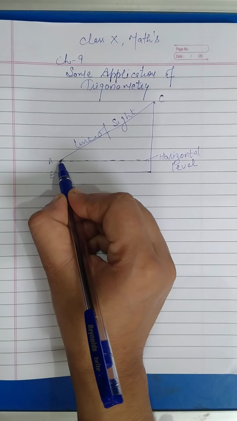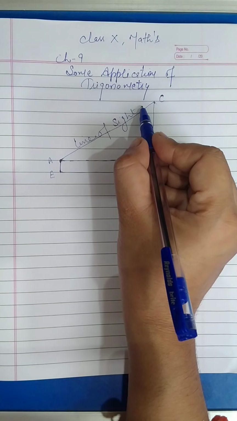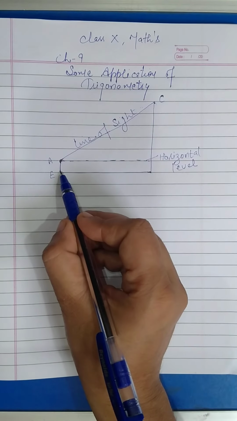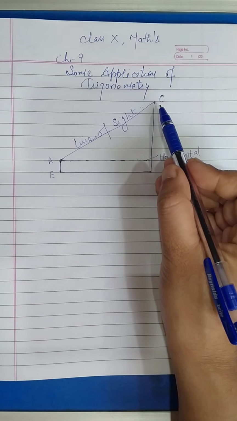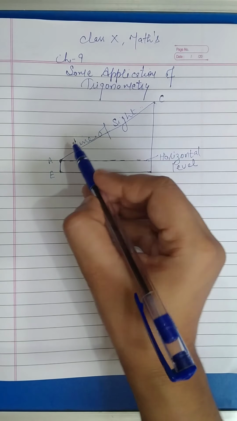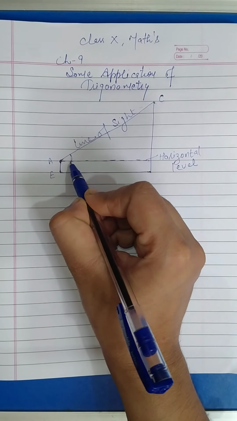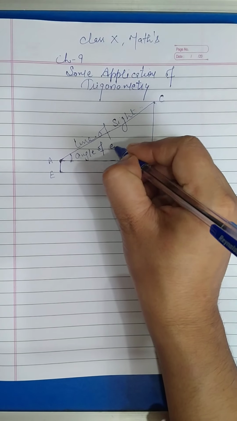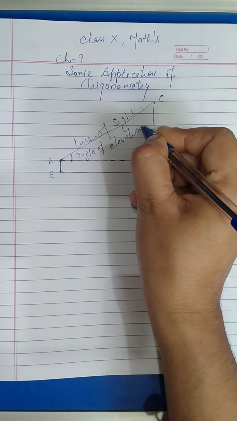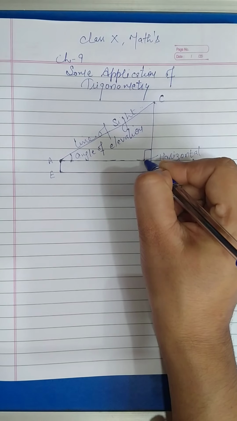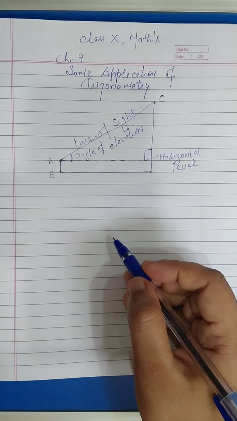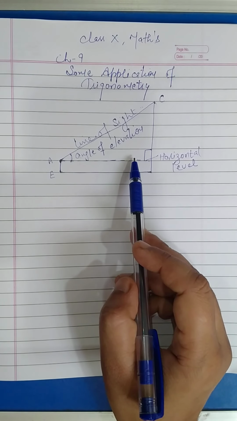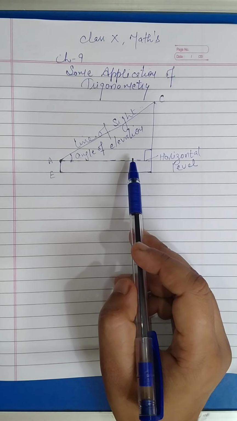When we see the object at the top from a height, from the top of the minor, this is the minor, and he wants to see object C. It means this angle is known as the angle of elevation. And here it is 90 degrees, because this is a concept of trigonometry, and trigonometry always has a 90 degree angle in a triangle, that should be included in a right angle triangle only.